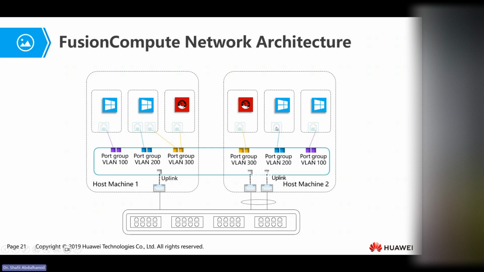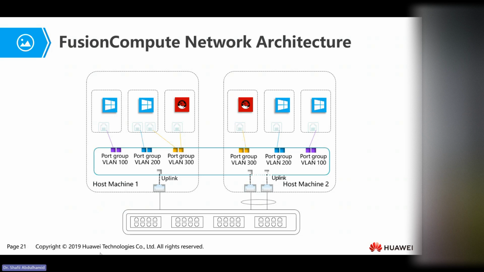Now you can see that all these are connected through a NIC. So you have a NIC, and the NIC is connecting to another virtual NIC on the virtual machine. So this is the virtual machine basically. So you can have groups of port groups. Let's say this is a VLAN. You create VLAN 100, VLAN 200, VLAN 300, and you can simply create your virtual machines on the different virtual LANs, which are on the virtual switch.